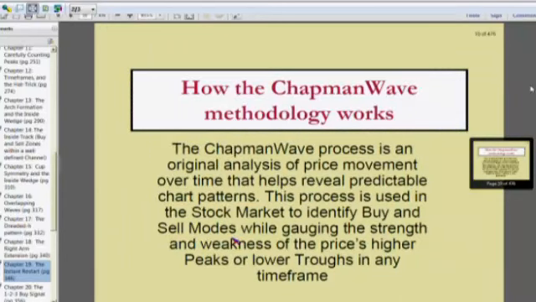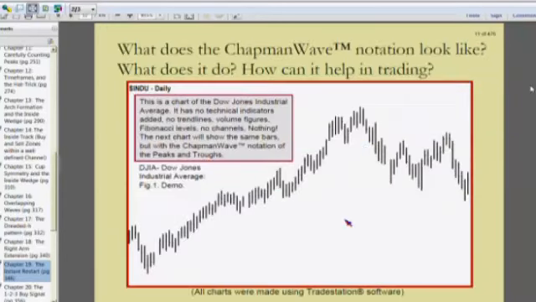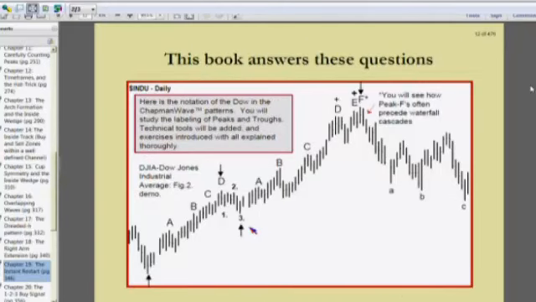But if you start to add the lettering of the Chapman wave, uppercase letters on the upside, lowercase letters on the downside, look what you get. You get your peak D, which is the fourth highest peak. That's what you want to see. You can even go to an F, even a G. So now let me go back to the story.